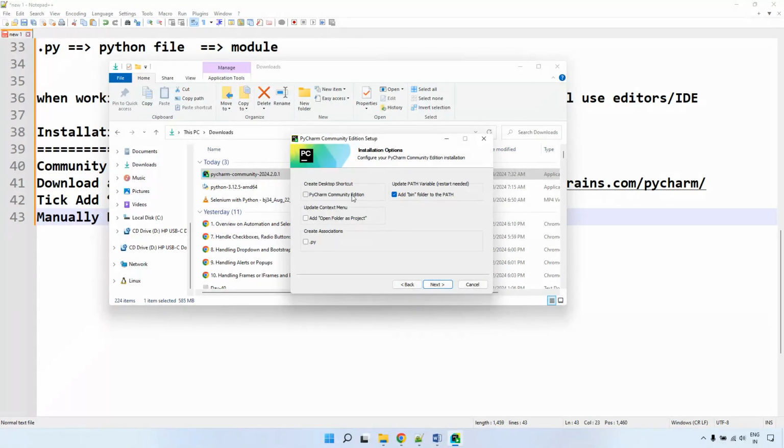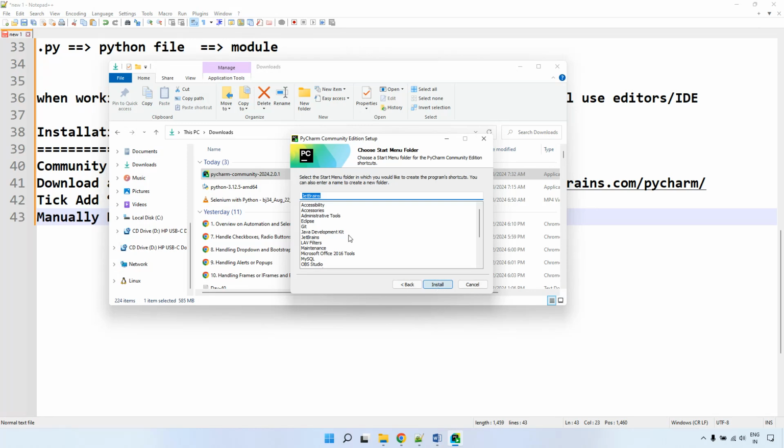Like you can just create desktop shortcut, update context menu. So if these are required, you can just check those checkboxes. Once you click on next, this is what the JetBrains PyCharm Community Edition installer shows. In this particular folder, it will be installed. I'm not going to click on install because I already have this PyCharm in my